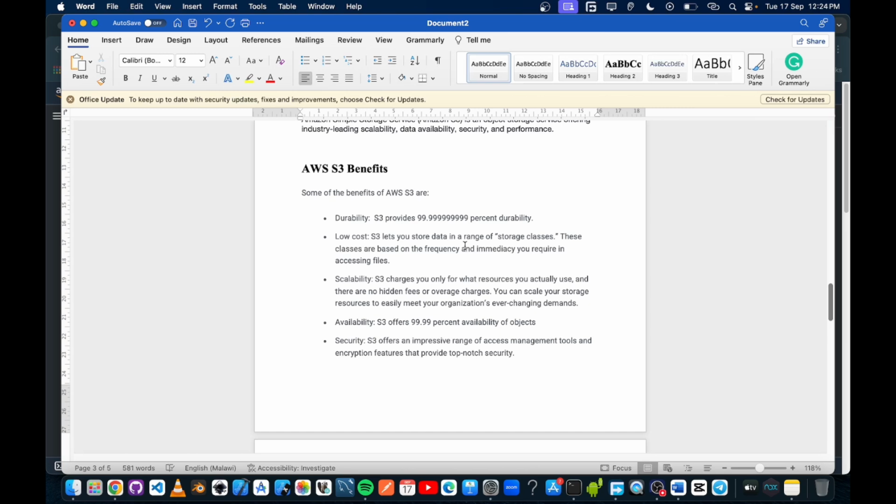So S3 offers 99.9999% durability. That means your data is very safe inside the Amazon S3 systems, and low cost. It lets you store data in a range of storage classes. These classes are based on frequency, immediacy you require in accessing the files. So what they mean there is,